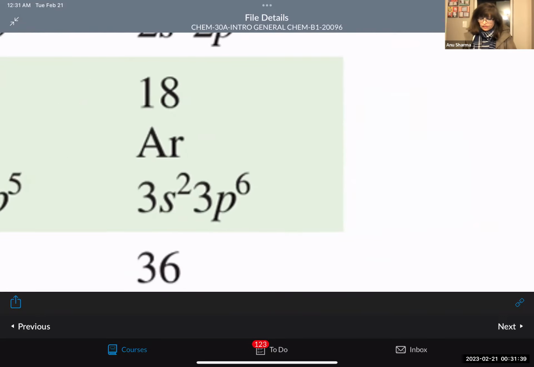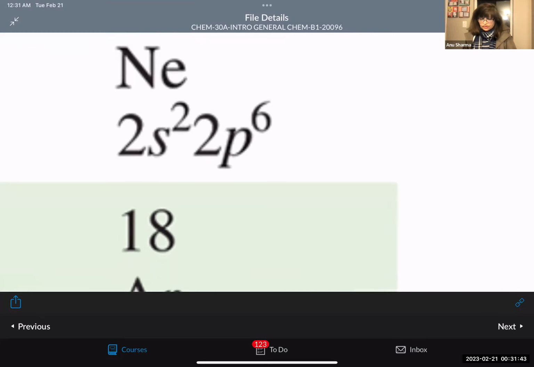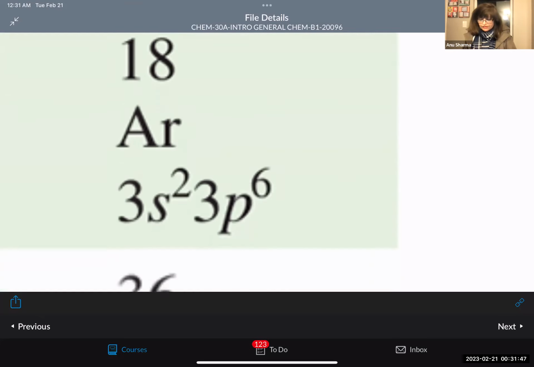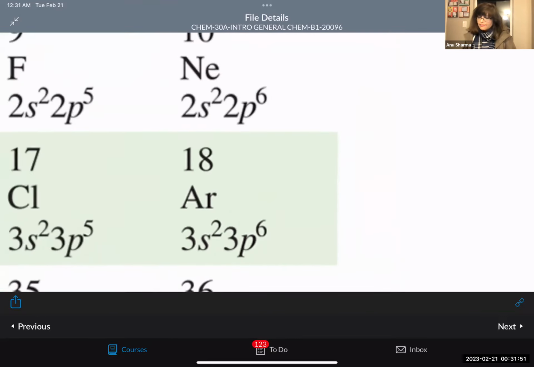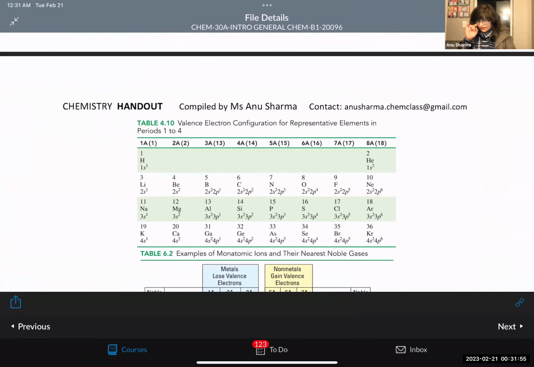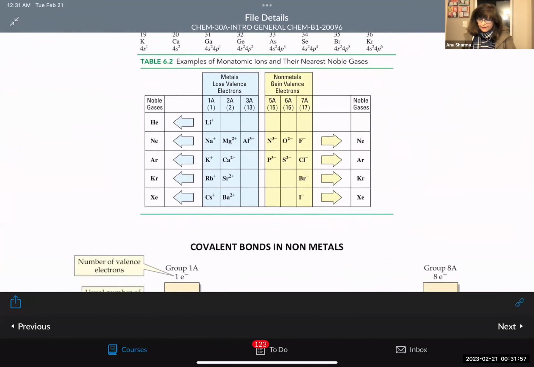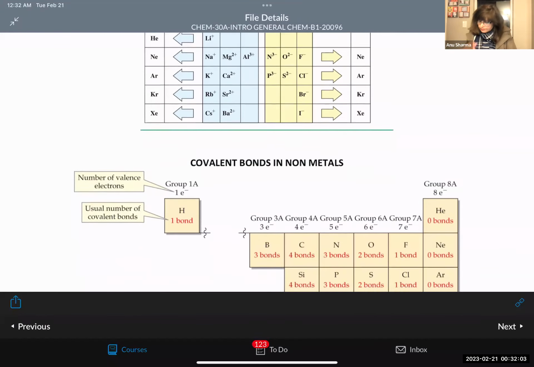And then come all the noble gases, which have fully filled orbitals. ns2 and np6, like neon is 2s2 and 2p6, 3s2 and 3p6, 4s2 and 4p6, and so forth, okay? And helium is just 1s2. So these are the valence electrons, and depending upon the valence electrons, we have the number of dots. So that was the